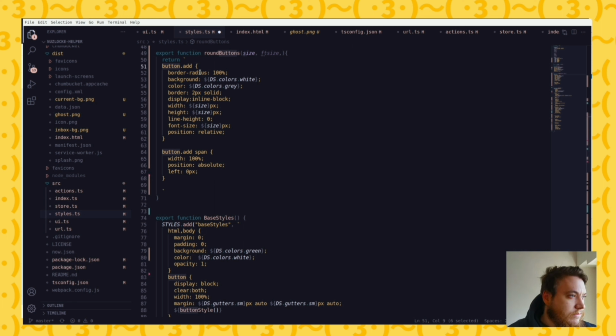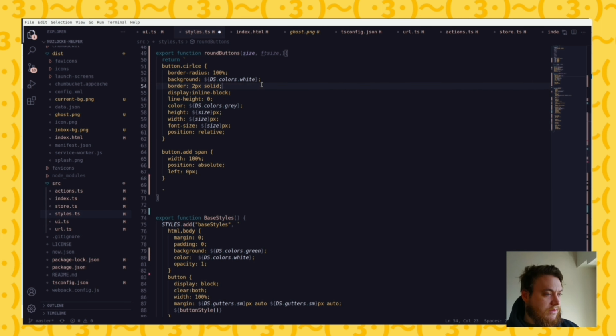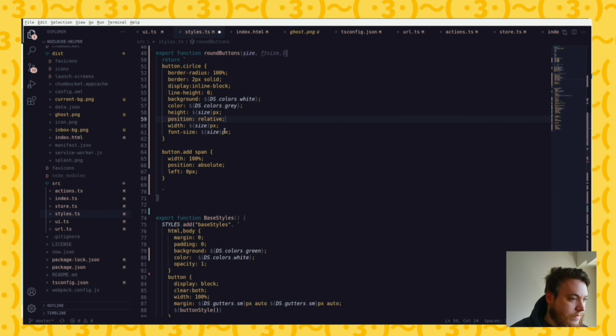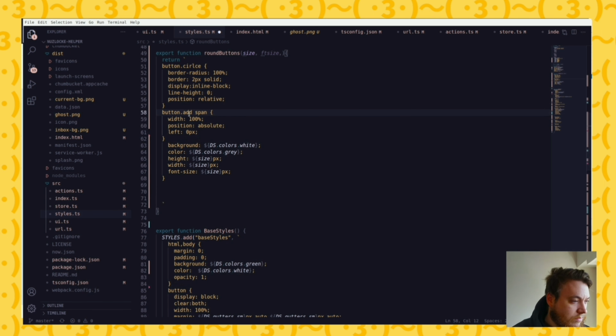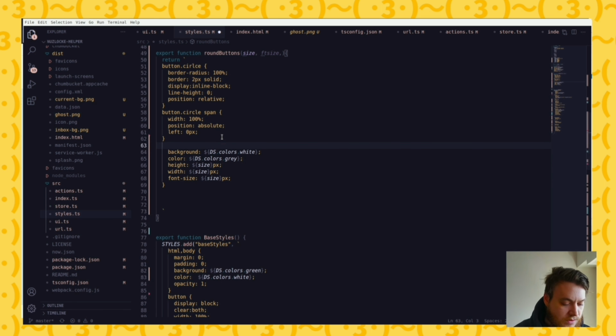How's this going to work? No, what we want to do is make a circle, right? Then we'll move all of the size related stuff out of it and the color related stuff out of it. Yeah, so we're going to be button circle, and the button, button circle like that. And then we're going to have here